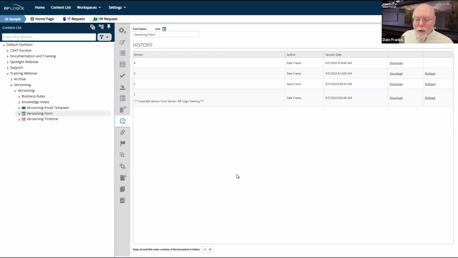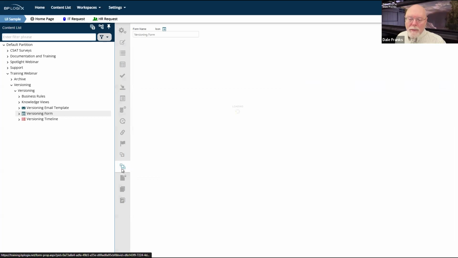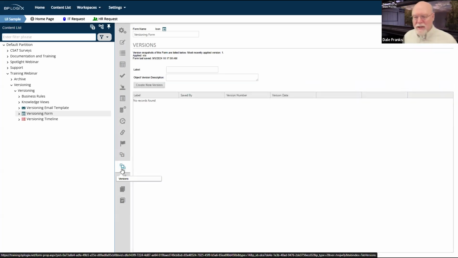But for the form, it is at least a fallback that you can look at if you've made some sort of horrible mistake on a form and you don't realize it and you didn't version the previous version of the form formally. Well, you can always go back and, at least for the form, roll back to it from the history tab on the form itself. For every other object, the history tab doesn't exist. And all we're left with is this, the versions tab.